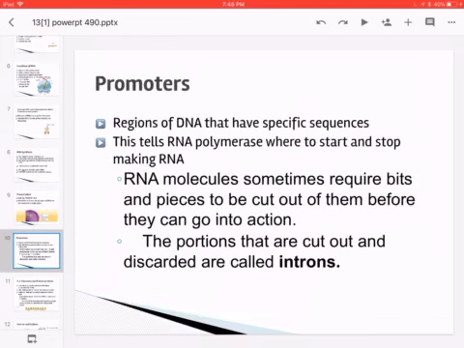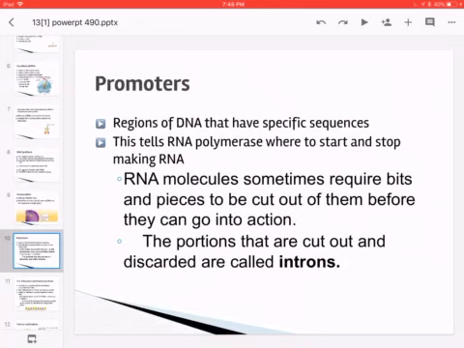So we have what are called promoters on our regions of DNA. I'm sorry, they have specific sequences on DNA that RNA will copy. So for this RNA polymerase, where to start and stop making RNA, there are certain parts that will say start or stop. So in order to determine where we would like to create RNA using transcription, we have a start codon. There's a certain sequence of bases that will tell us this is where we want to start